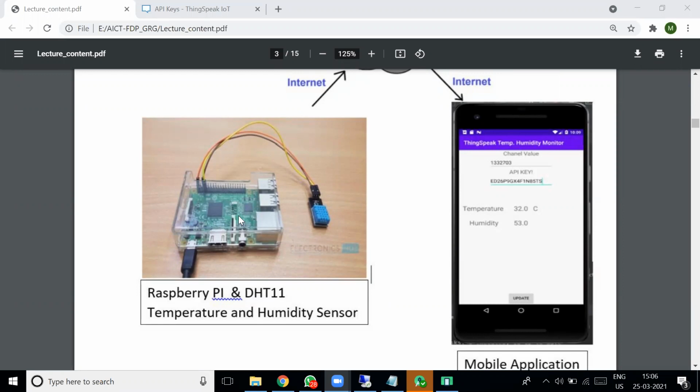Then when you switch on the Raspberry Pi, it will automatically connect to the internet. If you want the data to be stored on other devices or in the cloud, then only is an internet connection required. Otherwise, if you want to test with your computer or electronic devices and display it on your own screen, there is no need for an internet connection.